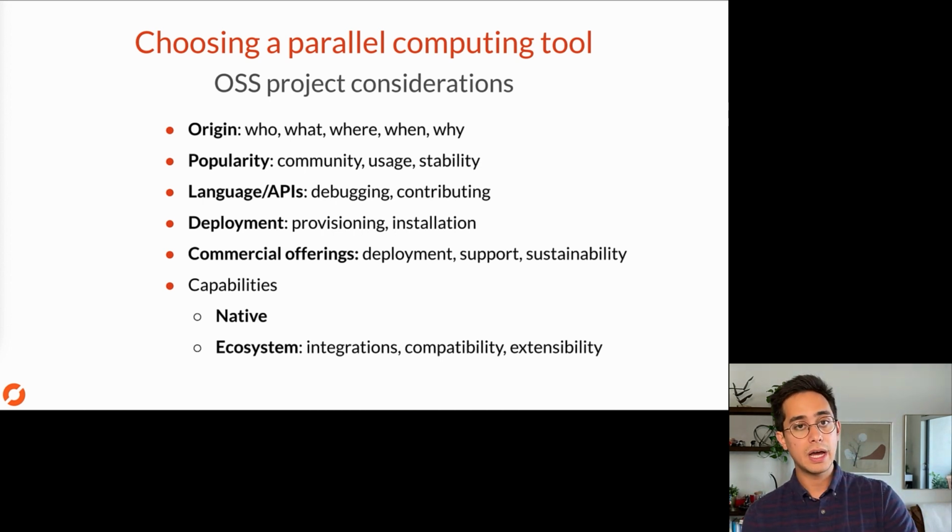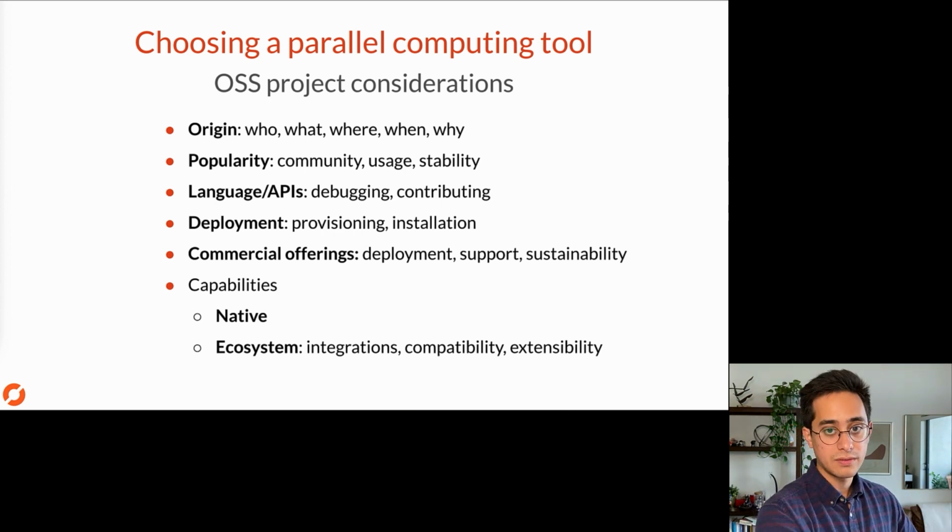And then I'll introduce all of these tools individually for these considerations, and then I'm going to flip it and go based on workload or capability. So I'll say dataframes, what's available, arrays, what's available, machine learning, deep learning, that kind of stuff. And it's all about what's built into the tool directly, and then what kind of ecosystem is built around the tool to enable a lot of different workloads. Because again, that helps show how mature and how stable the tool itself is.